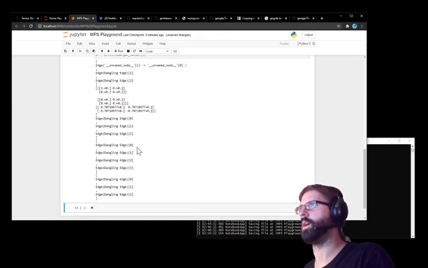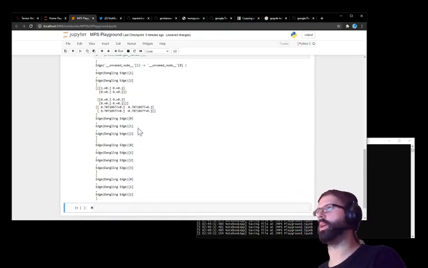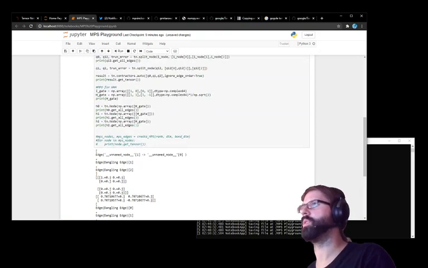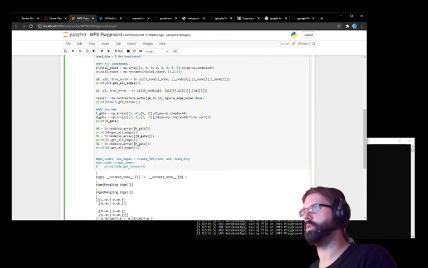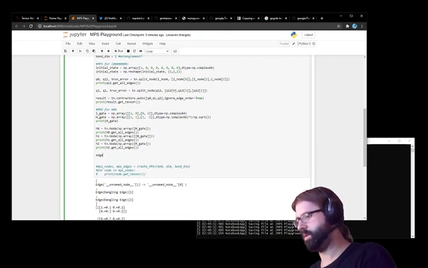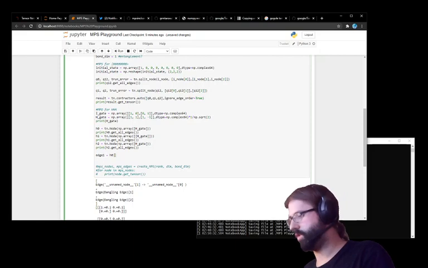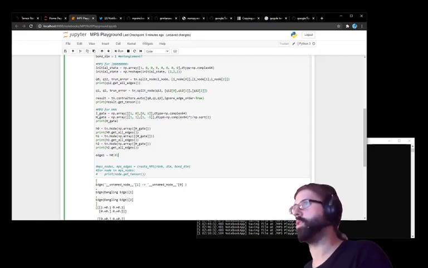They're all dangling, so it doesn't really matter which ones we connect. I'll just say let's connect like the 0 with a 0 and then the 1 with a 0, something like this. So edge 1 would be H0 0